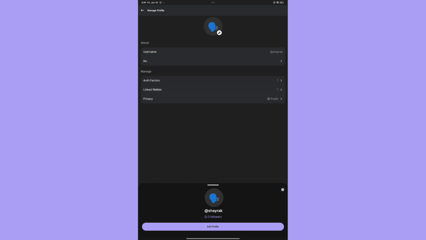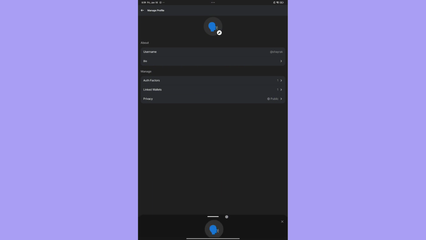So as you can see in here, under the about section, you'll be able to find the username. There is no way for you to actually change your username, and you can set it only once as a user. Make sure that you're using the